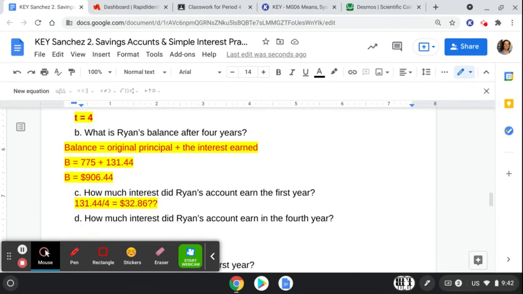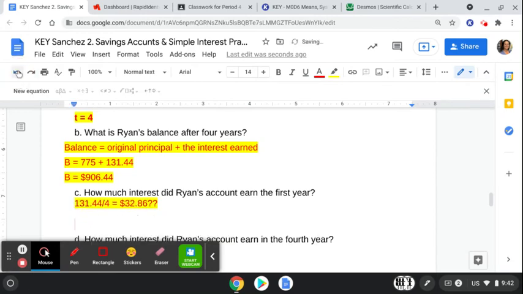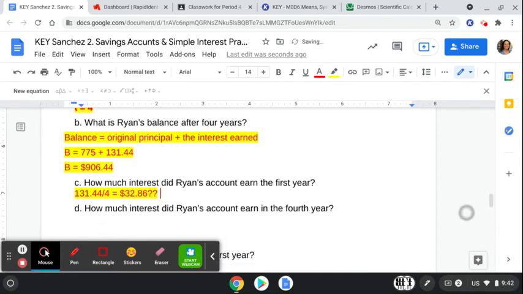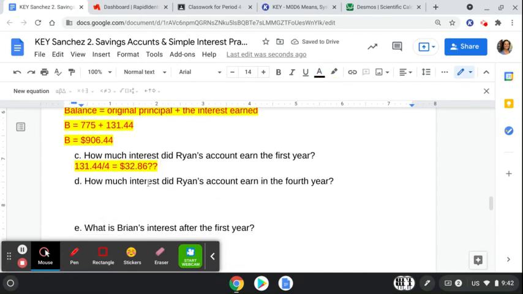So the way that simple interest works is you can't just divide the amount that he earned by 4 and see how much it was, because after the first year, it now has a higher balance and he's earning the interest on that amount. So, I'm sorry, because it's simple interest, it is exactly what I just had. Sorry guys, we're doing the compound interest later, and I'll explain what that means. So he earned 32.86 in his first year,